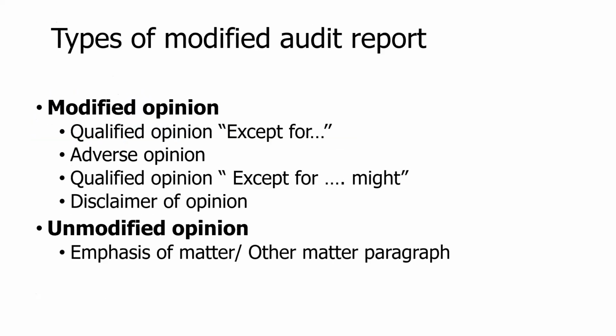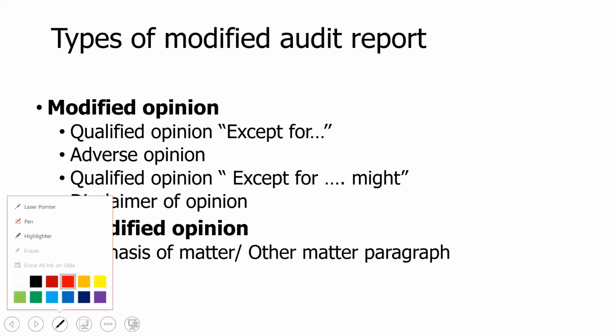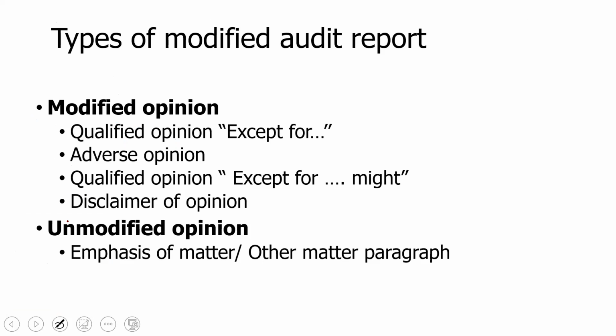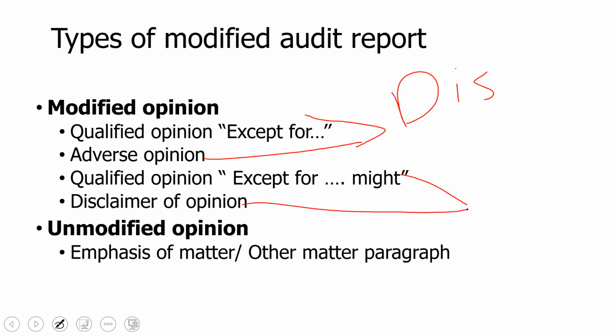Let me take you to this one first. The first 2. Qualified except for and then the adverse opinion. The auditor will issue these 2 opinions when he has received all the necessary audit evidence, but then he disagrees with it. Okay. And then the last 2, except for might and then disclaimer, it happens when the auditor